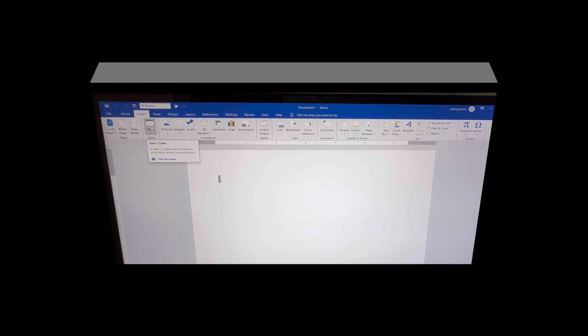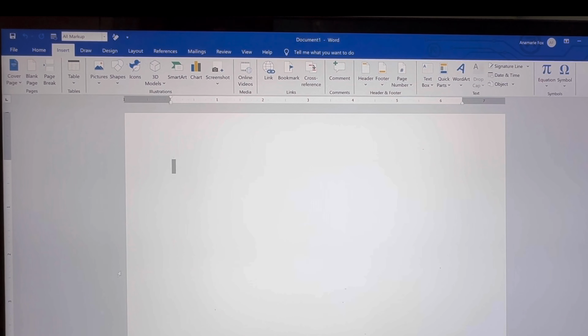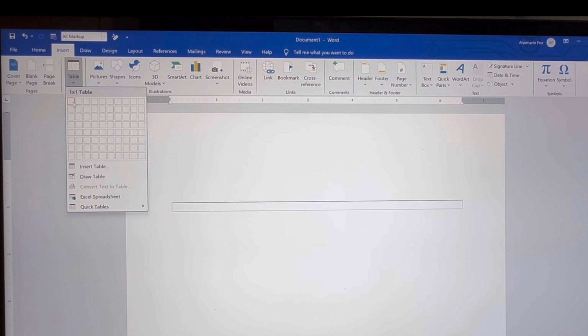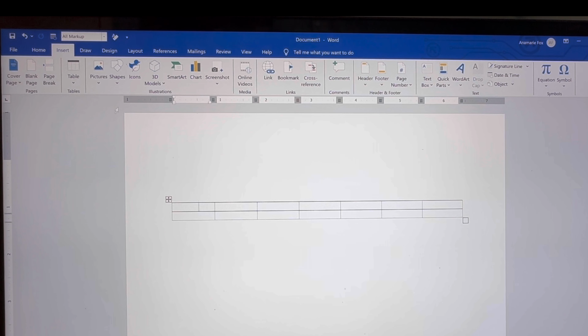Okay, so the first thing we want to do is create a table. So we're going to, and I want, it's already highlighting for you 1 by 1, which means 1 row and 1 column. So I want 1, 2, 3, 4, 5, 6, 7. I'll say 7, and then I'm just going to do 2 for now, okay? And I'll show you why. So now it's